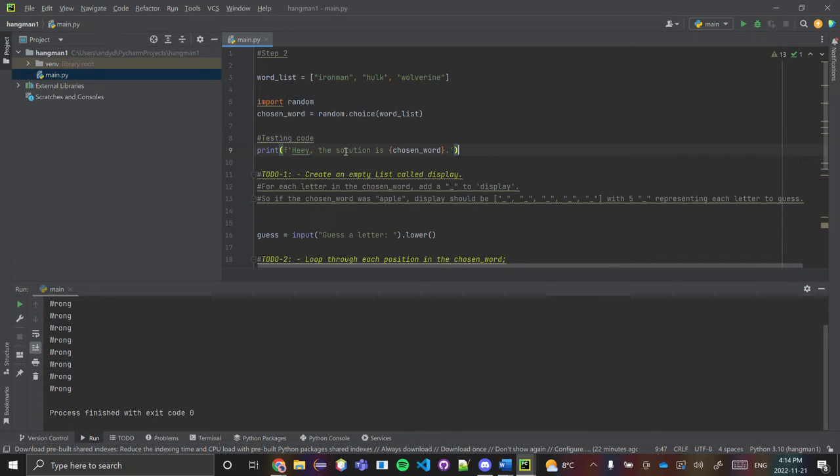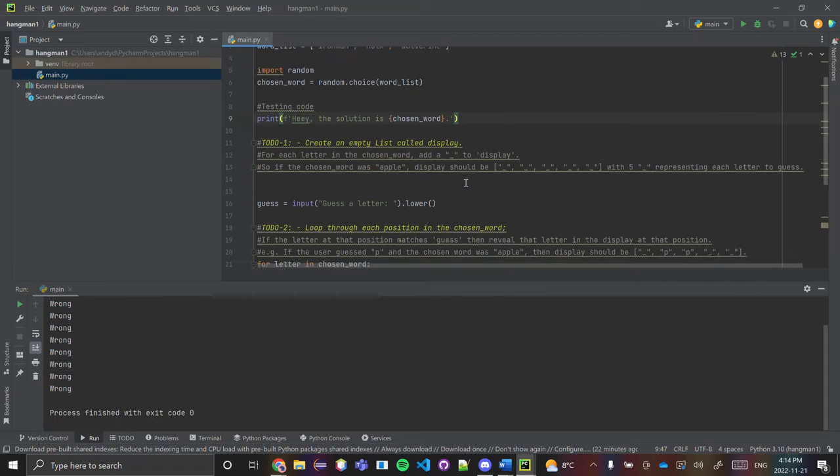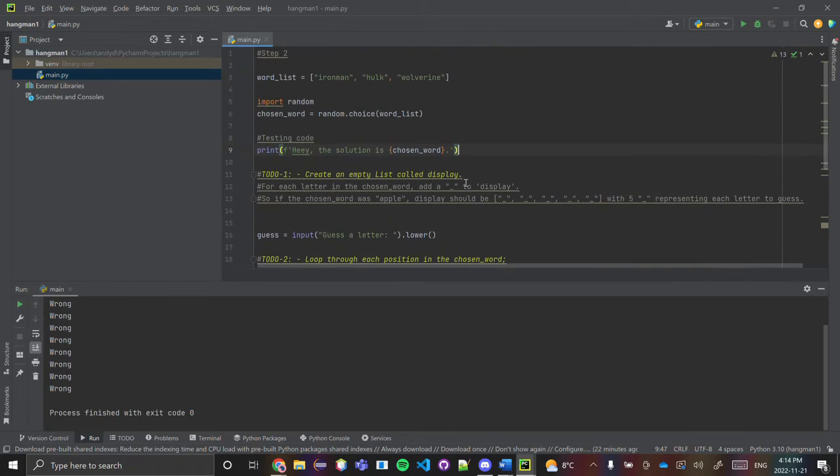Okay, so we're back at the code here. We're on step 2. So I've listed a few different tasks for step 2, but we are using the old code that we were using previously, and then we're just adding to it. Before we start anything, I have added this called testing code, and this is just to give you the user a hint, or me generally, of what the word is chosen by the random choice. And so if I run this,